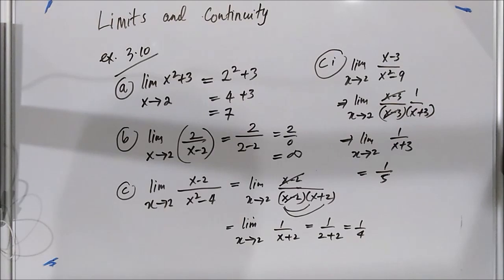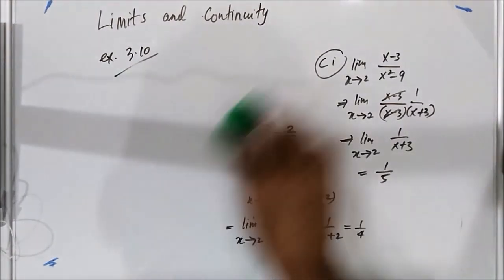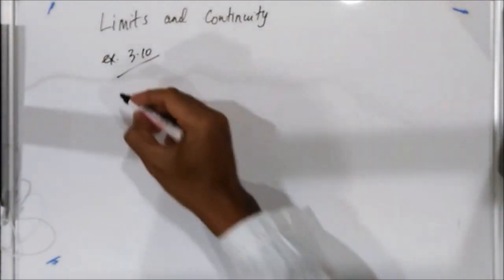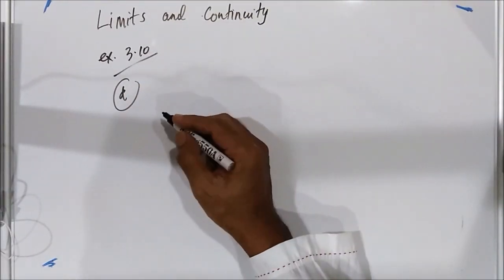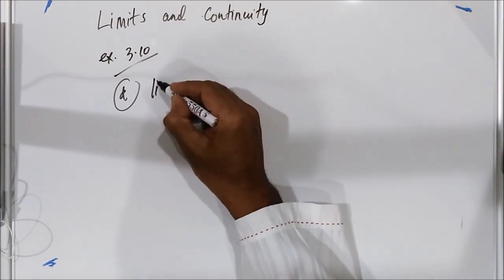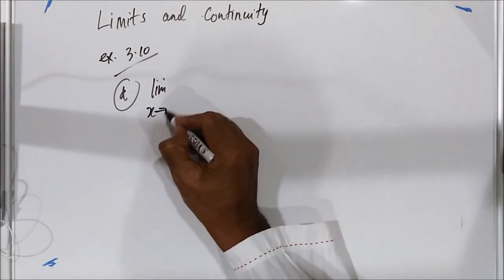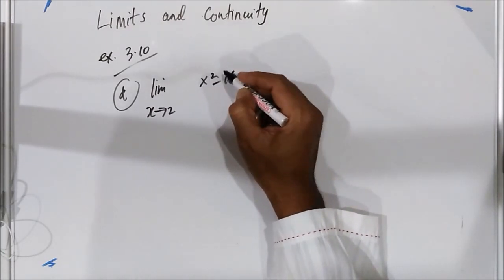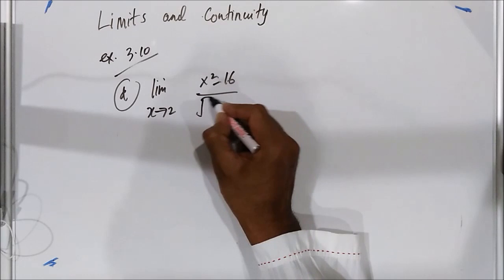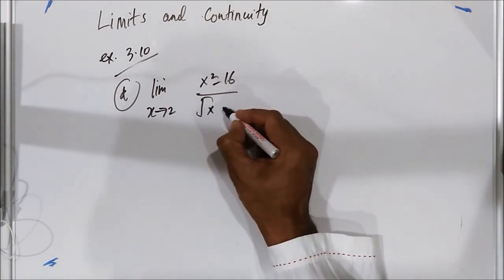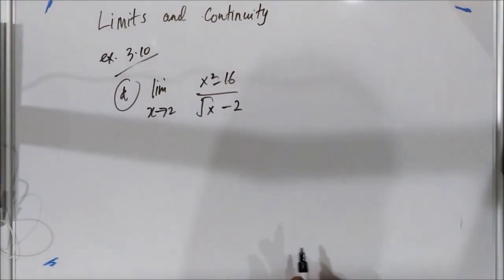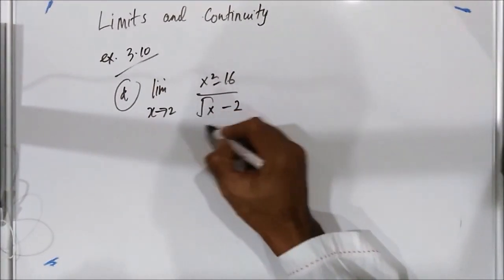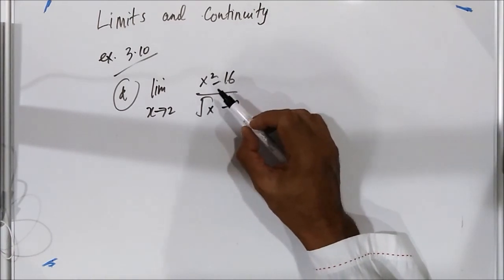Now D. I want to find D, and this is also quite tricky. The limit as x approaches 2 of x squared minus 16 over the square root of x minus 2. If you find a radical function, this is a radical function. Square root of x is a radical function. So to solve a radical function here,